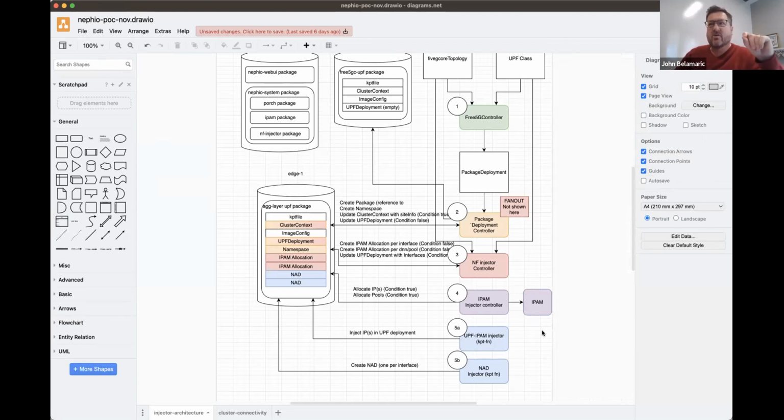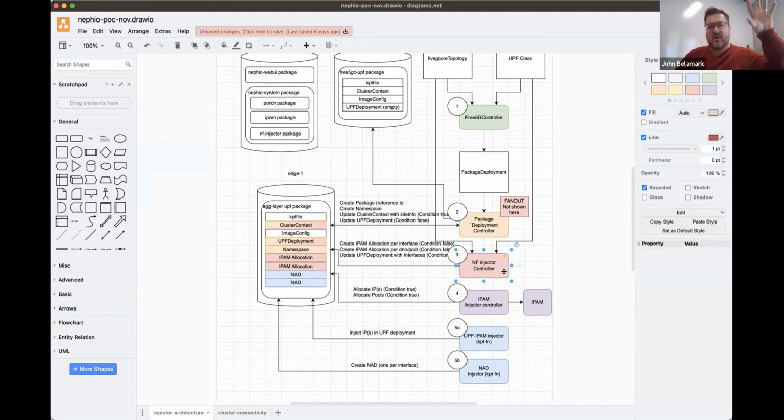So that's kind of why we use a different word, because the idea is to show that it's limited in its scope to inject configuration within a larger package as opposed to owning the whole package. Now, with respect to the two things the NF injector does right now, like Wim was saying, it sort of populates the whole UPF deployment based upon the UPF spec information that's stored in the 5G core topology. Now, I think another approach is for some other controller to inject that right at the time you create the clone of the package, rather than